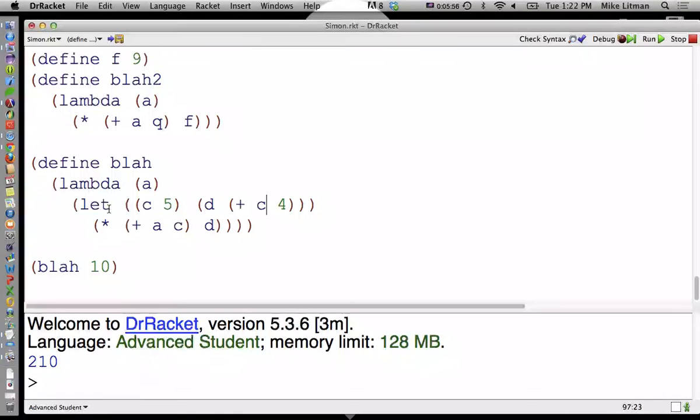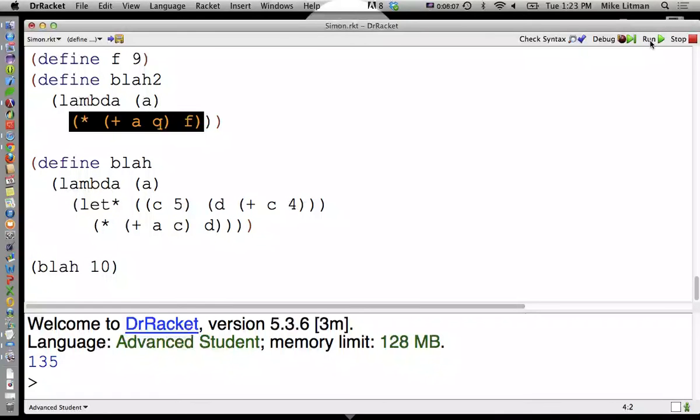Okay? So we have a second version of let, a more powerful version of let called let star. And let star will allow us to define a variable in terms of another variable. So notice I just added the asterisk there to the end of let, no spaces. So another function called let star. And let star allows us to implement something in such a way that we can define another variable in terms of a variable that was defined before it. So, as an example,